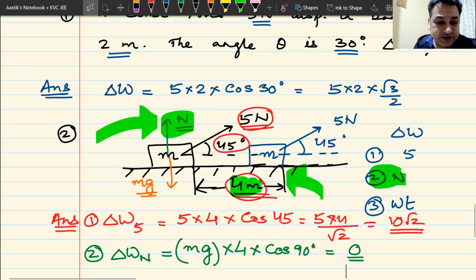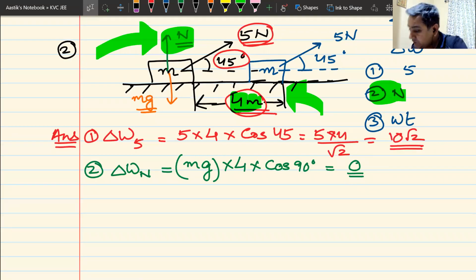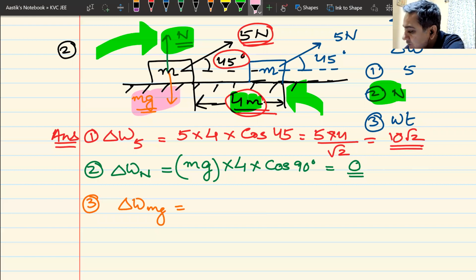Great. Then comes the third part, and the third part is still simpler. I have to find out the work done by the weight. So let me now find the work done by weight. Question number 3. Work done by the weight mg. To find the work done by the weight mg, I have to multiply the weight, which is mg, no doubts, mg, multiplied by, oops, wrong color, multiplied by displacement, which is obviously 4 meters,